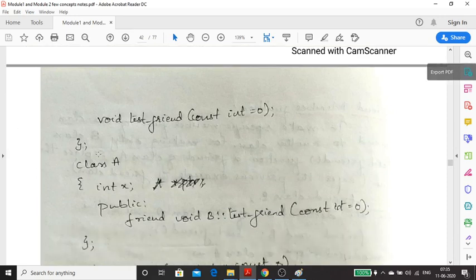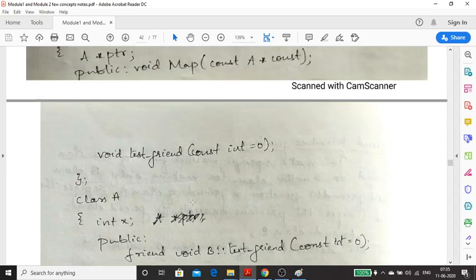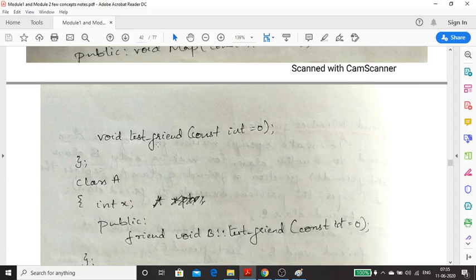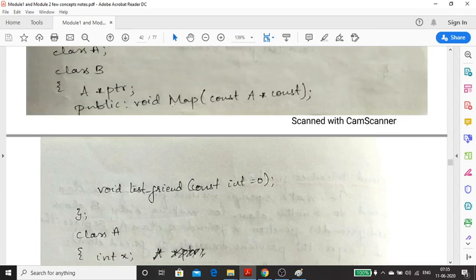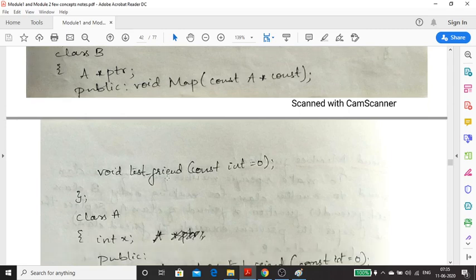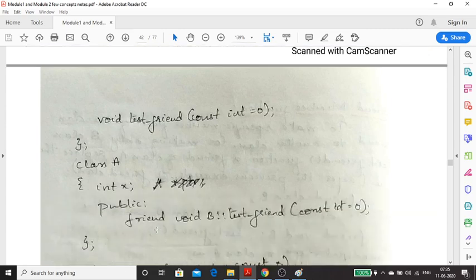And there's one class A which contains one data member. See here we have two member functions: one is word map, and one more is test friend. This test friend member function I'm making a friend toward this particular class.